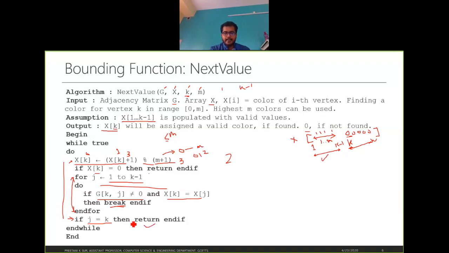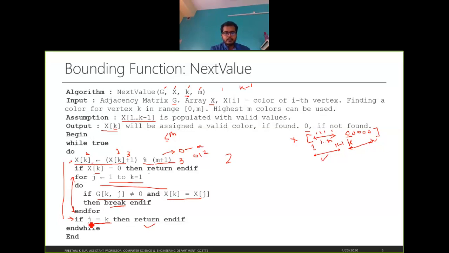And if j is not equal to k, it means that the color assigned here for vertex k is not a valid color, because some of the adjacent vertices have the same color. In that case this condition will be false and it will not return.